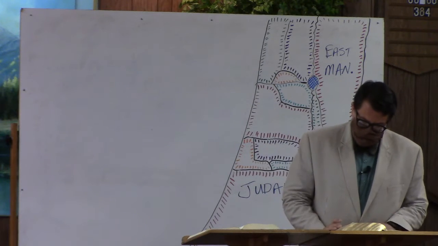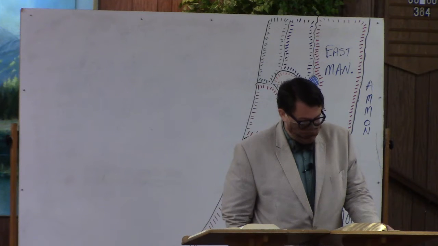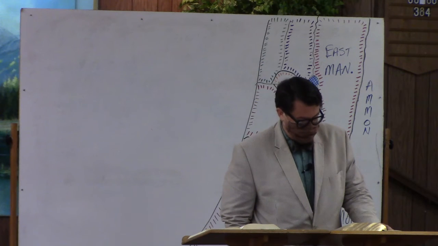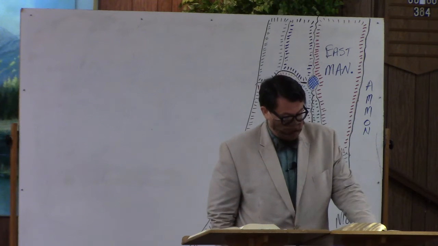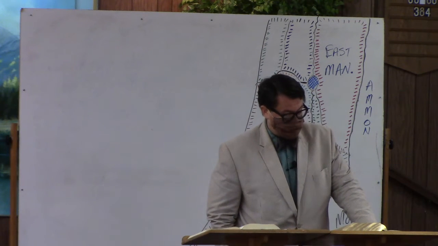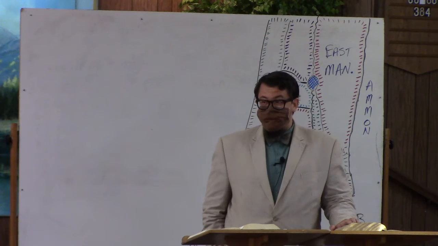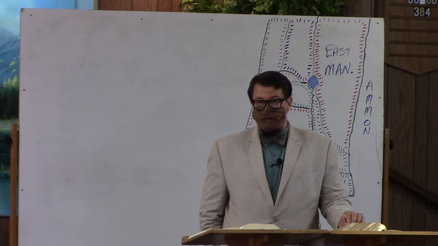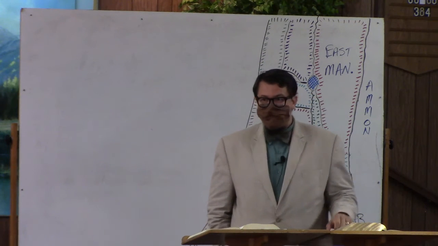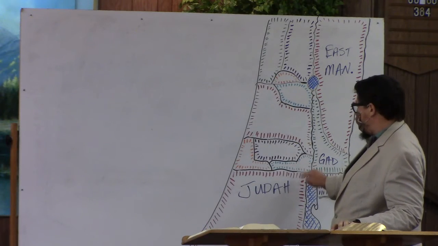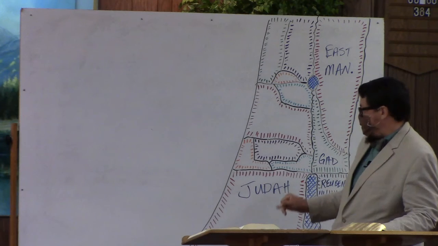All right, the boundary, if we go back up to verse 8, then the boundary goes up by the valley of the son of Hinnom at the southern shoulder of the Jebusite, that is Jerusalem. All right, so what does this boundary line imply to us about the placement of Jerusalem? And this will come out explicitly later in the text, by the way. Which of these two tribes is Jerusalem actually in? At least at this point. Is it in Judah?